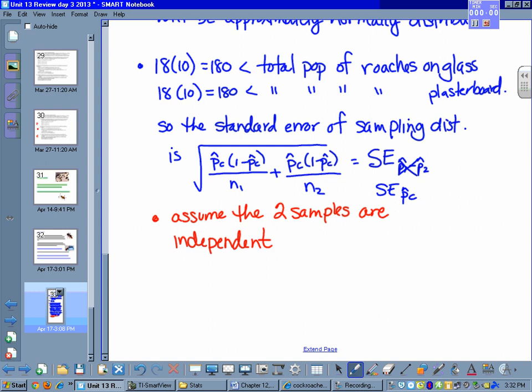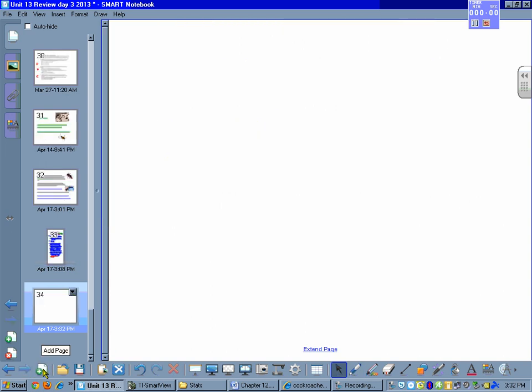Assume they did this in a room where the cockroaches wouldn't have been able to get on both things. We have that independence assumption. Okay, now we're going to calculate the test statistic. Oh, first I have to name my test. I'm going to use a two-sample